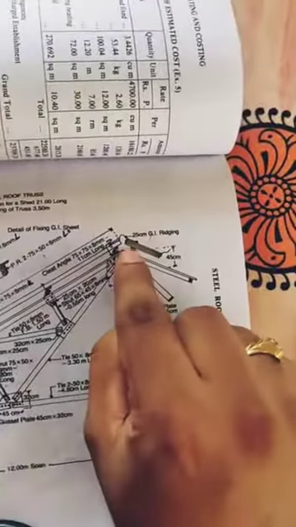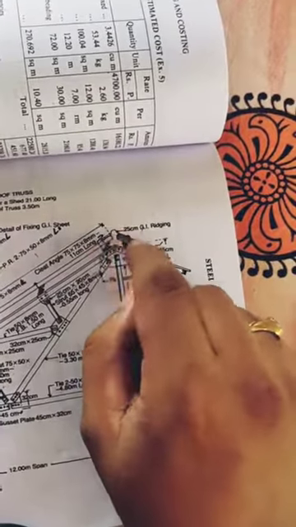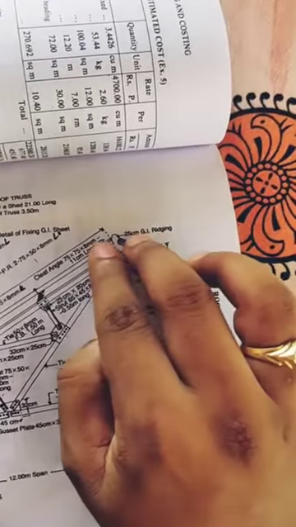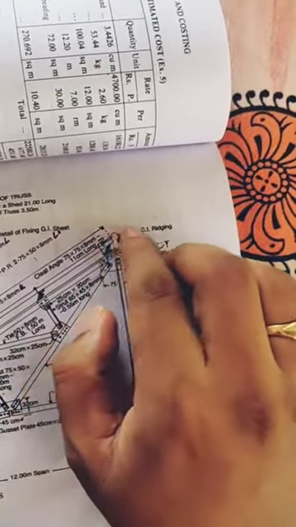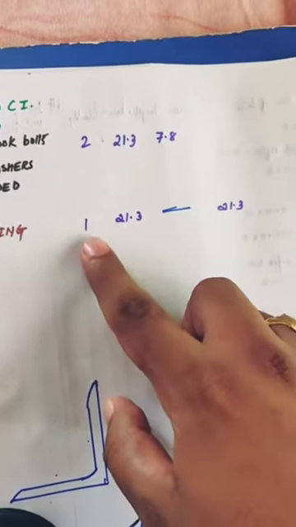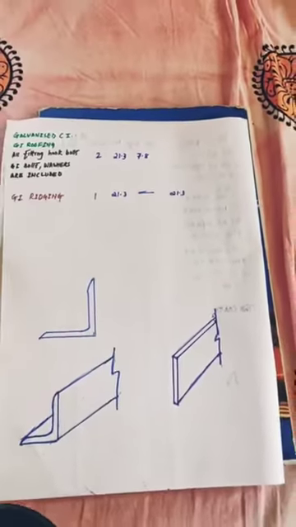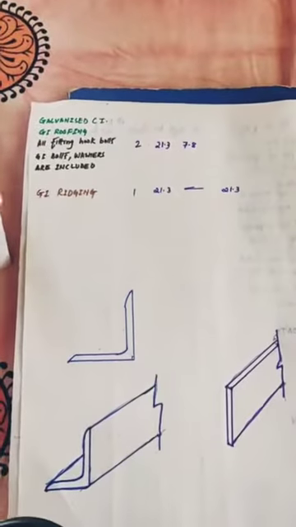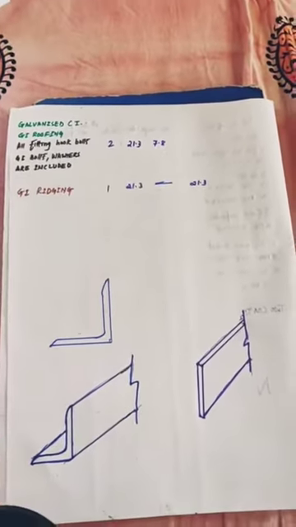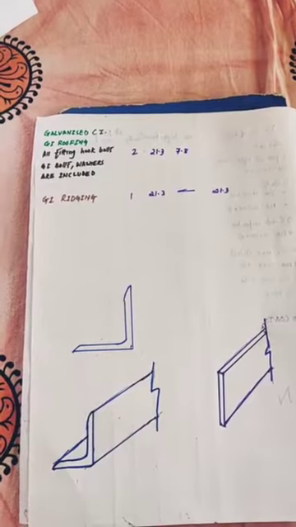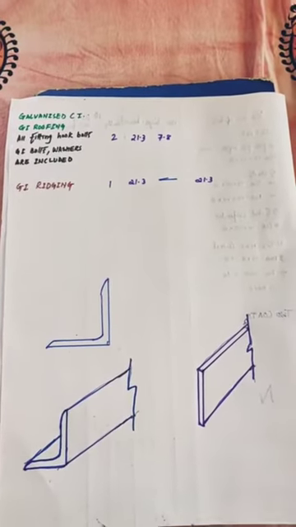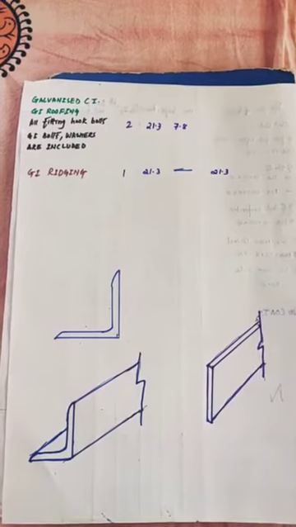Then GI ridging. What is this GI ridging? GI ridging is at the apex. Can you see here? This is provided as a dome where two sheets meet at a point. So GI ridging is running throughout the length. So it is 1 in number and 21.3. So quantity will be 21.3. So this completes your steel quantity calculation for the steel roof truss. Hope you are following the content. Any doubts, please feel free to ask. Thank you.